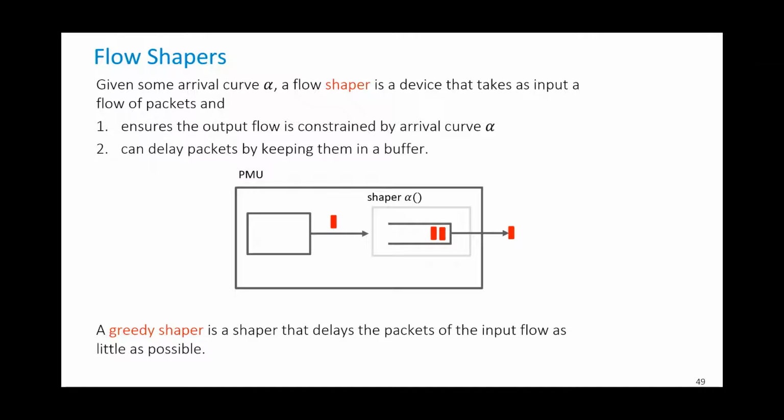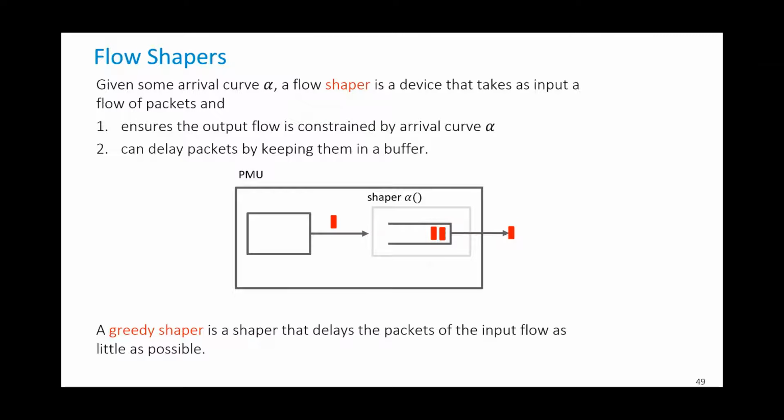So a shaper is a device that needs to be added to a source. A shaper has a parameter, which is the arrival curve that we want to enforce. And the shaper is something that makes sure that the output, the thing that goes on the line, satisfies the arrival curve constraint. And if the data generated by the source does not, then you buffer them until you can